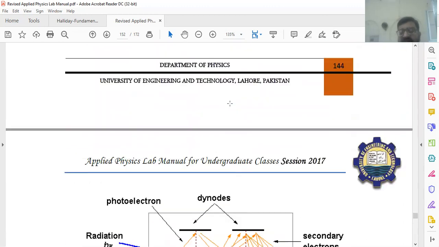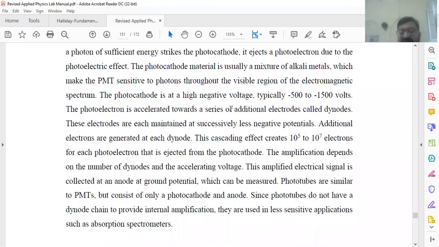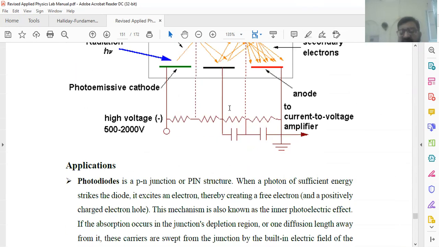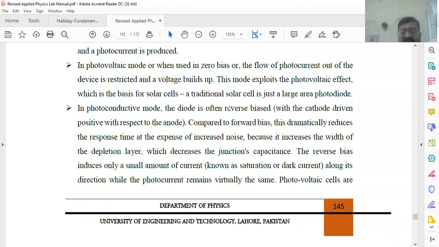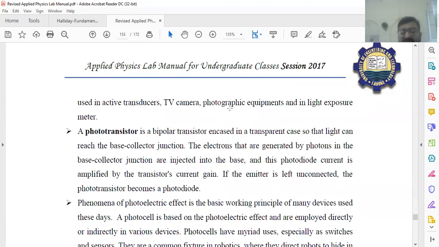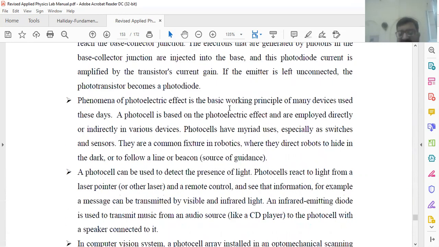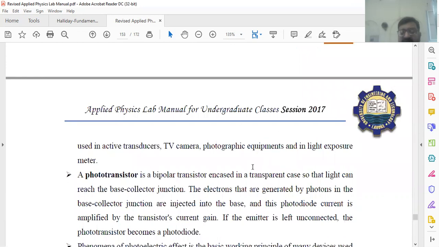The photomultiplier tube is most widely used where we have very low intensity of light, such as night vision cameras or CCD cameras, charge coupled device cameras. The photodiode applications and many other applications are given in the manual, which you may study in thorough detail so that you can understand its importance. So coming back to the start,